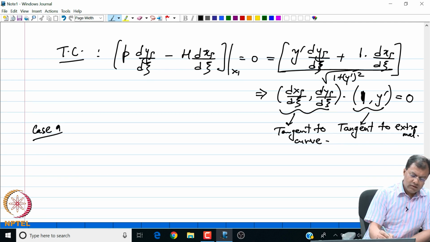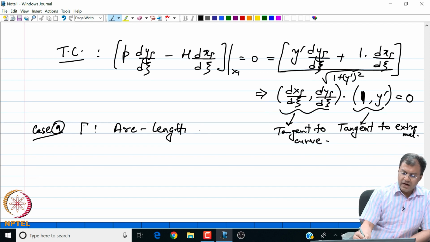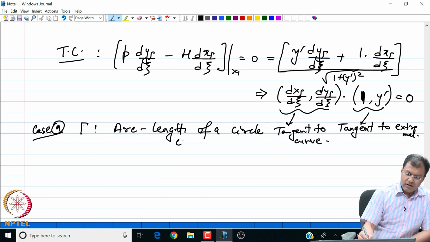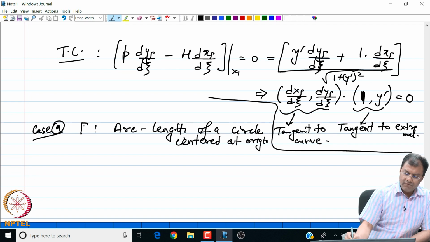Suppose I look at a simple case where my gamma is the arc length of a unit circle, a circle centered at origin,